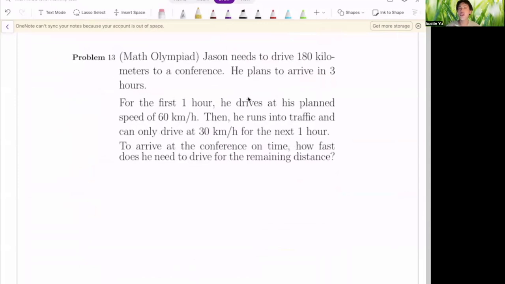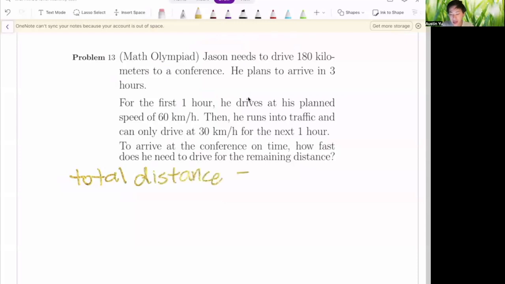Problem 13. Jason needs to drive 180 kilometers to a conference. He plans to arrive in 3 hours. For the first 1 hour, he drives at his planned speed of 60 kilometers an hour. Then he runs into traffic and can only drive at 30 kilometers an hour for the next 1 hour. And in order to arrive at his conference on time, how fast would he need to drive to cover the remaining distance? So the total distance